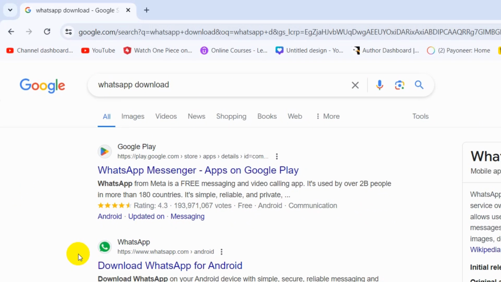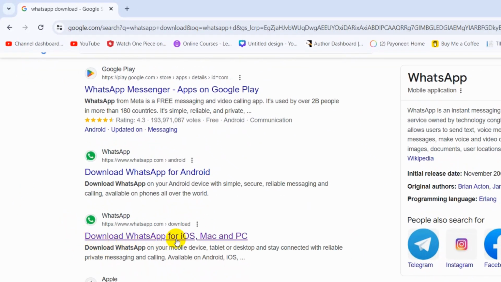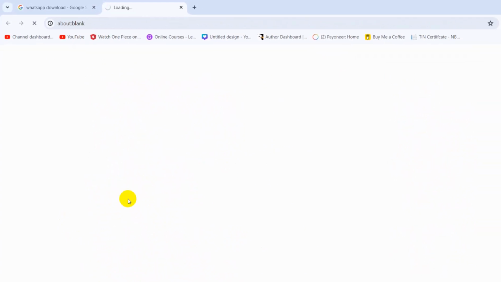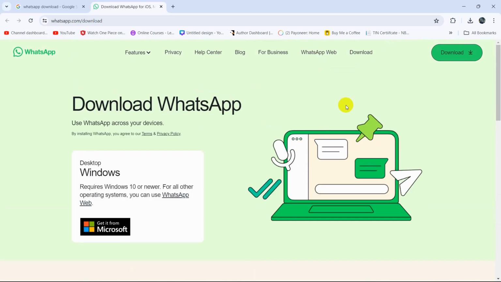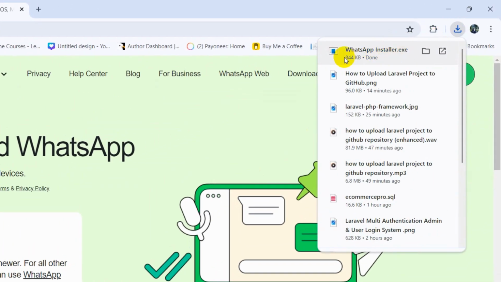And then you will see a lot of options, and here you can see download WhatsApp for iOS, Mac and PC. So just go to www.whatsapp.com. I'll just click here and it will take me to this page, and here you can see we have a download option. So I'll click on this download option, it will start downloading, and there you can see